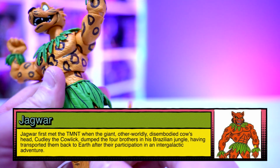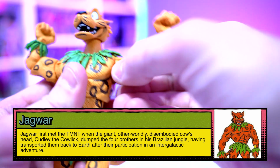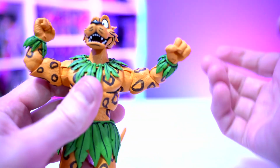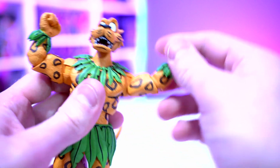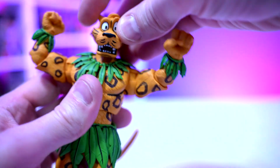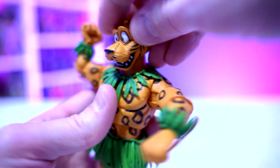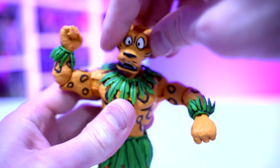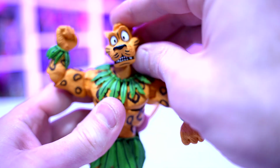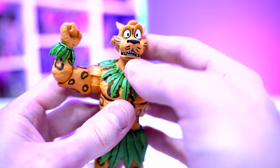He does have some nice range of articulation, so the shoulders are going to be able to go up and out 360 degrees, 360 degree bicep swivel. You got your hinge there at the elbow, 360 degree swivel at the wrist. Head is on a ball joint, so it's able to look up, down, left, right, for that very inquisitive expression. The bottom jaw does hinge up and down a little bit,